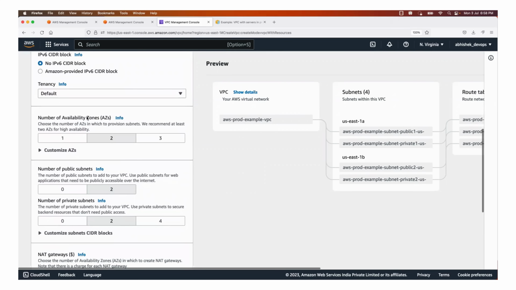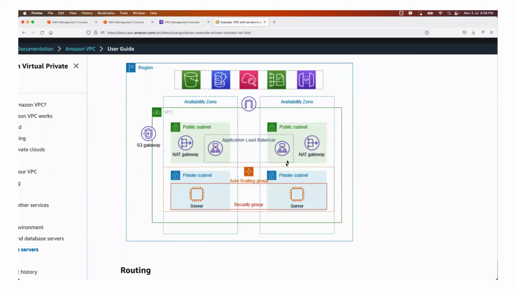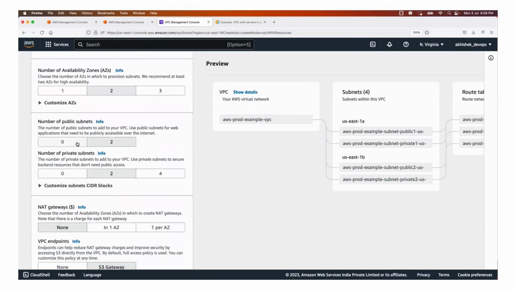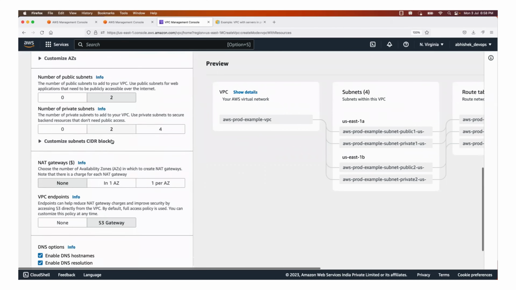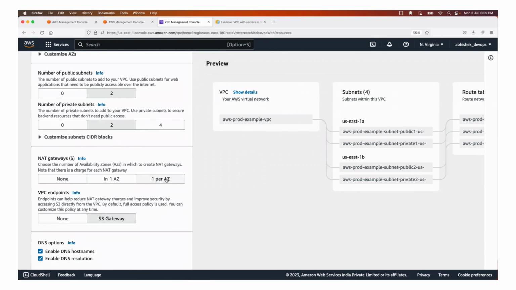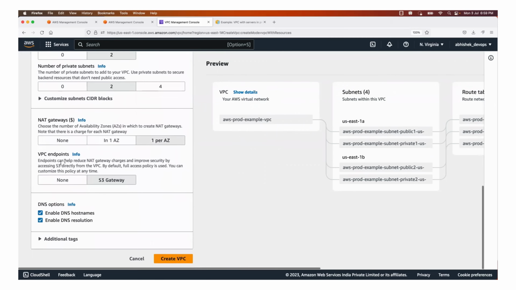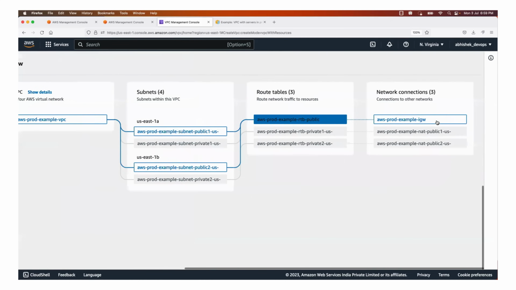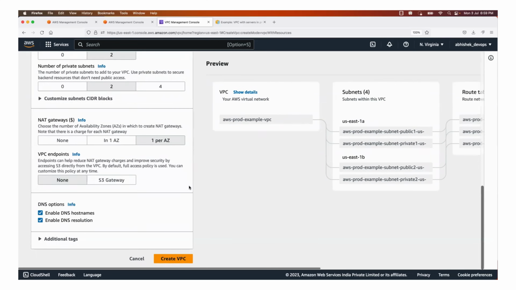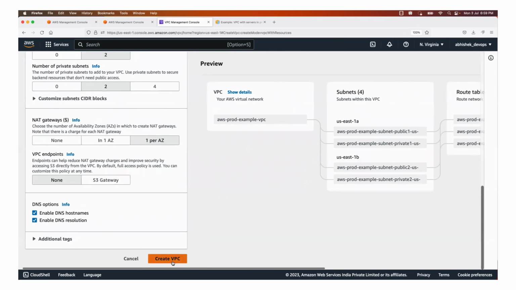Number of availability zones. It is 2 that I require. Perfect. Number of public subnets 2. If I change this one, the reference diagram also gets changed. Number of private subnets 2. NAT gateways, yes, I want one NAT gateway in one particular availability zone. So let's say one per availability zone. And this is the VPC endpoint that I'm talking about. Just click on none. You will notice that this diagram also changed. And now there is no VPC endpoint for S3 bucket. Perfect. Now let's click on create VPC here